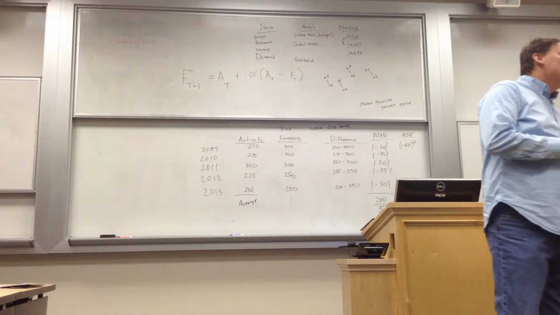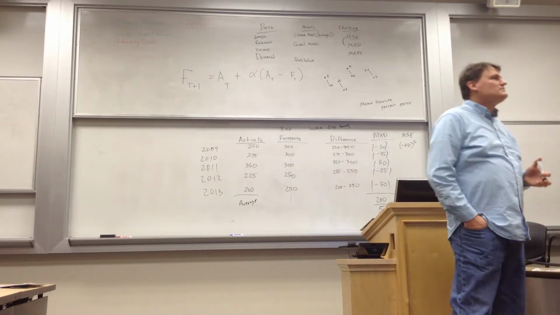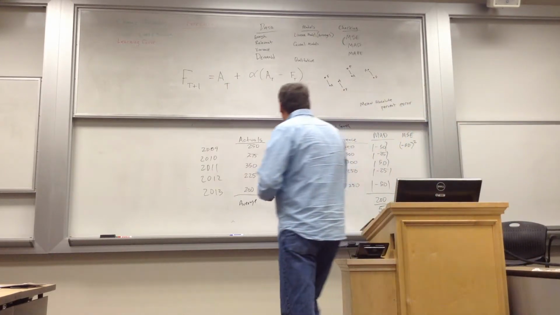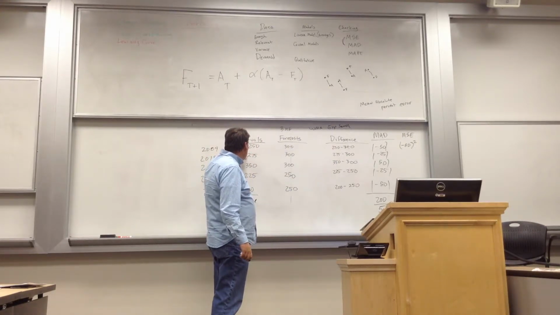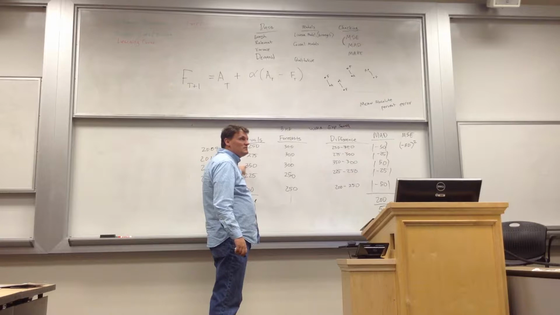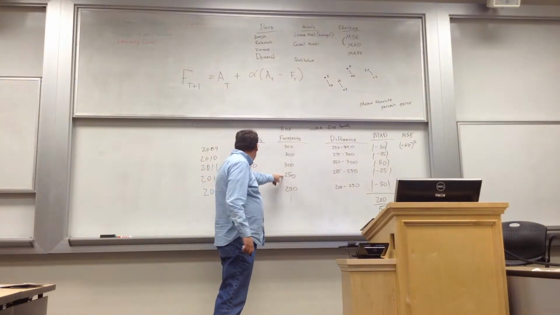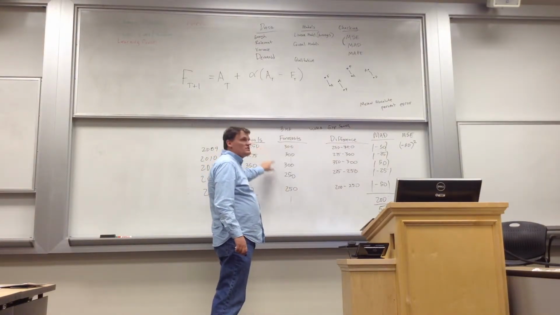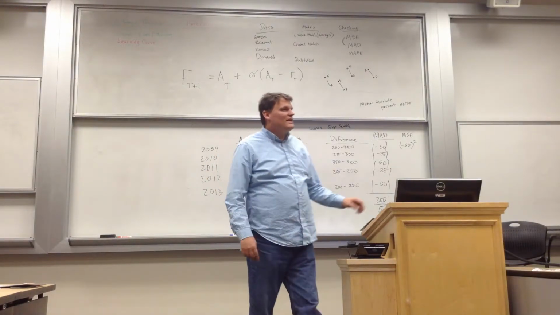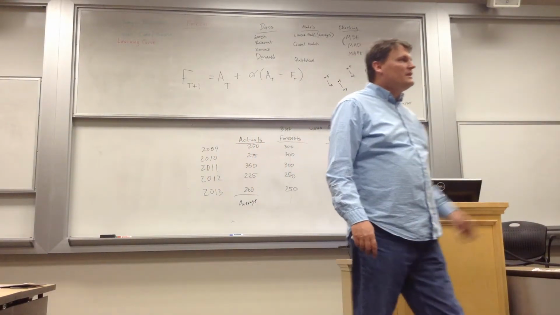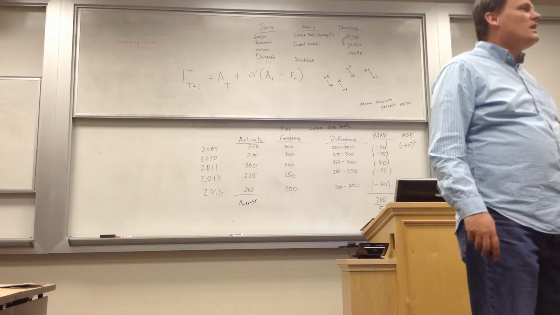How would we develop a 3-month moving average? Where would it start here? 2009. 2009, then we go 1, 2, 3 months. So 3 years, and my 4th forecast would be the average of these 3. For exponential smoothing, I'd have to start you with a forecast so you could know how far it's off.